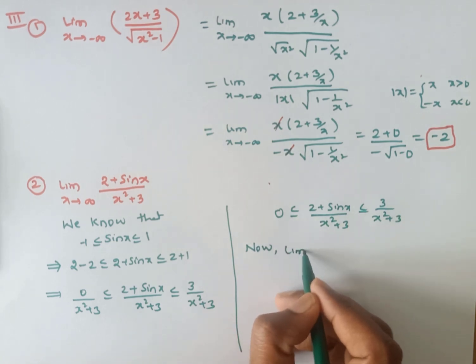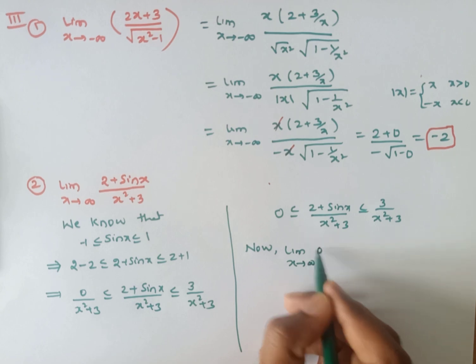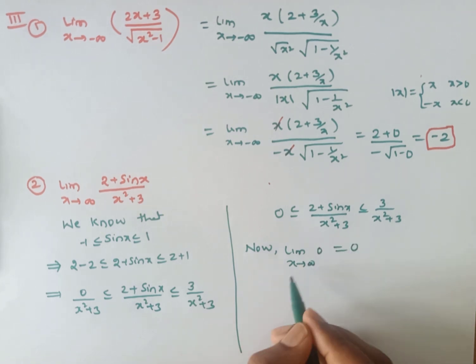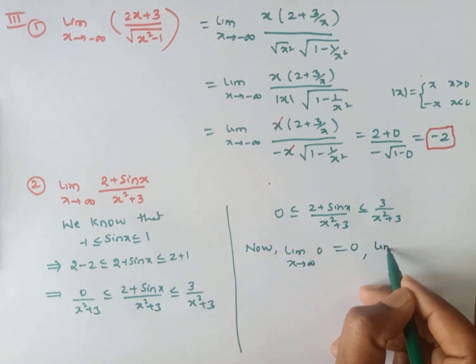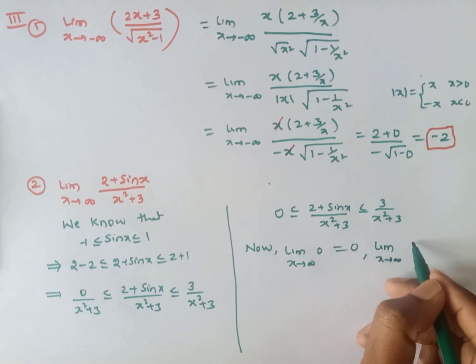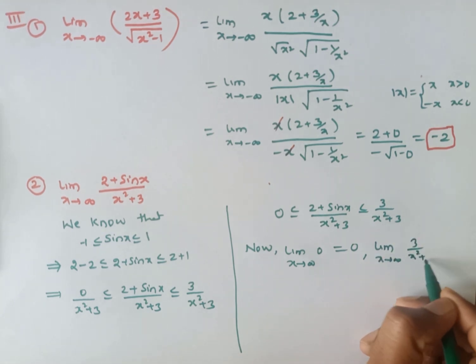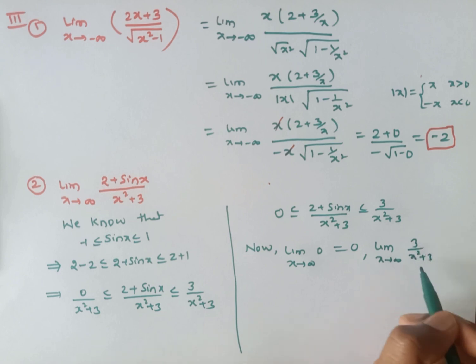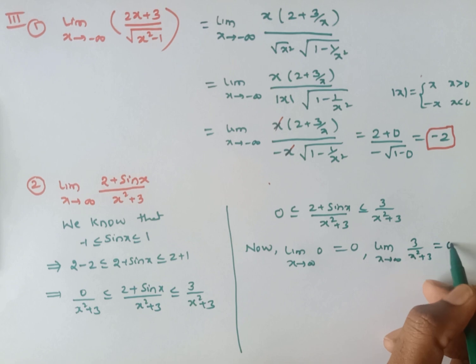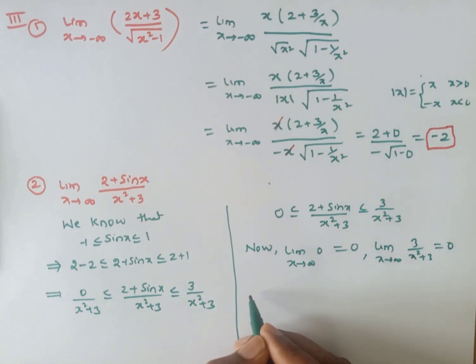The limit as x tends to infinity of 0 means 0 only. Then the limit as x tends to infinity of 3 by x square plus 3: the numerator is constant and the denominator is x square only. So a constant divided by infinity will be 0 only. So therefore